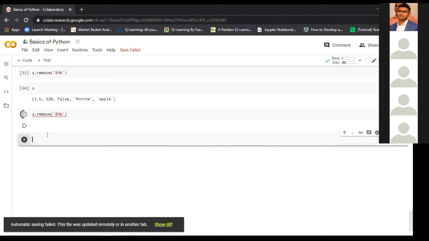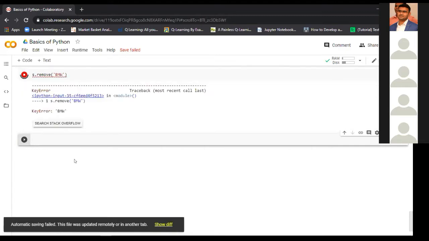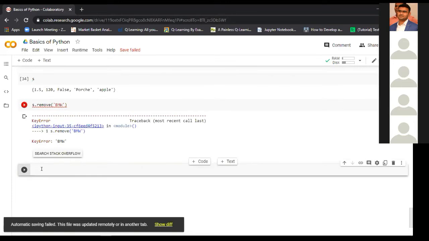It is giving us the error that the BMW is not present in the set. Key error. It is not present in the set because we deleted it before this step. There is also one more method, if you want to delete an element, but if that element is not present in the set, it will not raise any error.